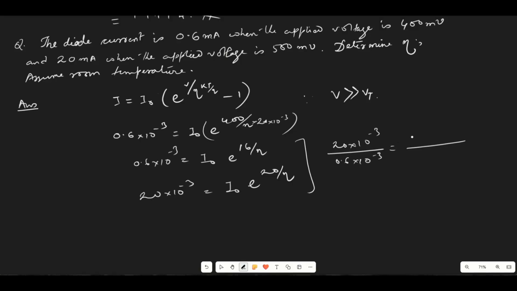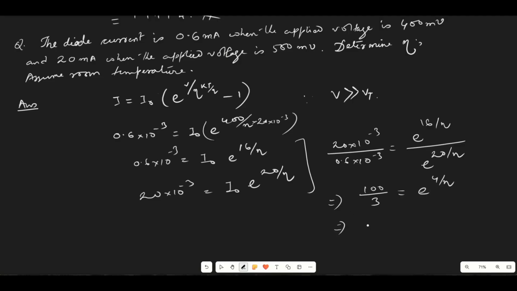So I naught will get cancelled. So this is e to the power 20 by eta and next is e to the power 16 by eta. Now if we simplify this, then this is 100 by 3 equals e to the power 4 by